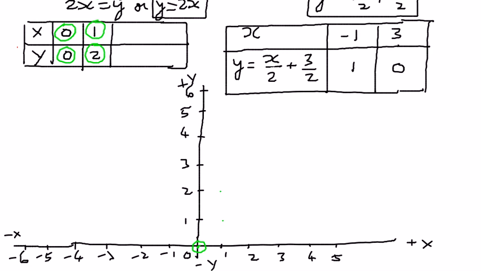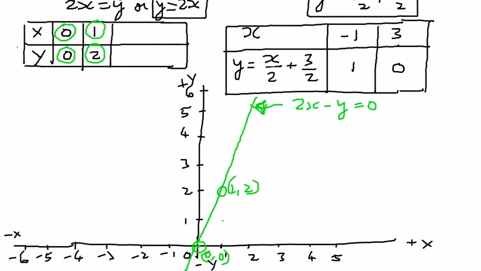So that is our second point: 0, 0, and 1, 2. And we can draw a straight line passing through these points,